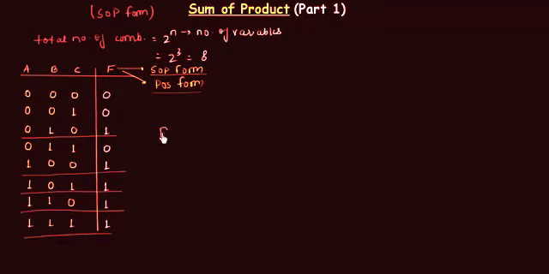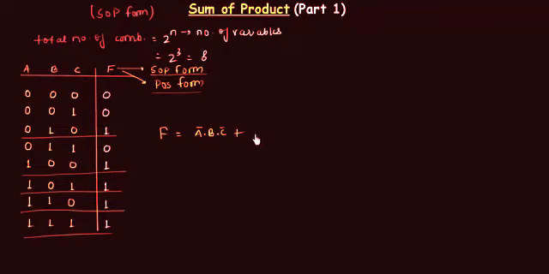So the function f is equal to, let's see for the first case, A complement and B is 1, so I will write B, and C is 0, so I will write C complement. As I have already told you, we will write the SOP form for the true values or for the high values, and A is low, so I have to write it as A complement, whereas B is 1, so there is no problem. I will write B as it is, and C is also low, so I will write C complement. Function f is 1, so I will write f. I will not take its complement.